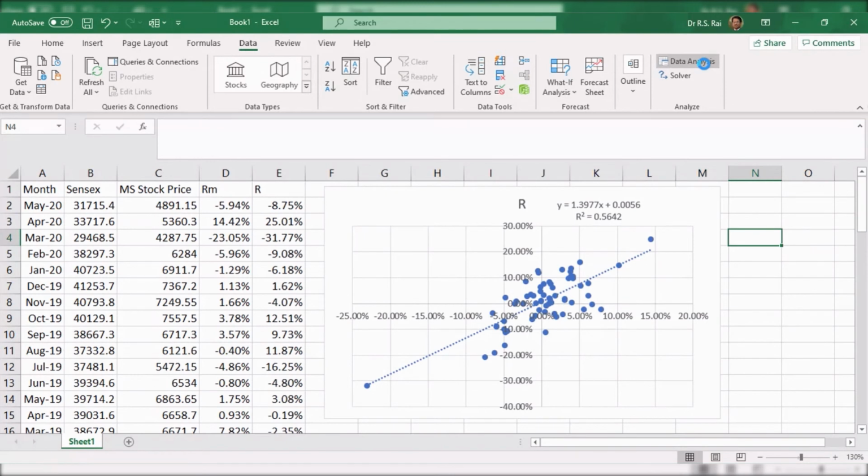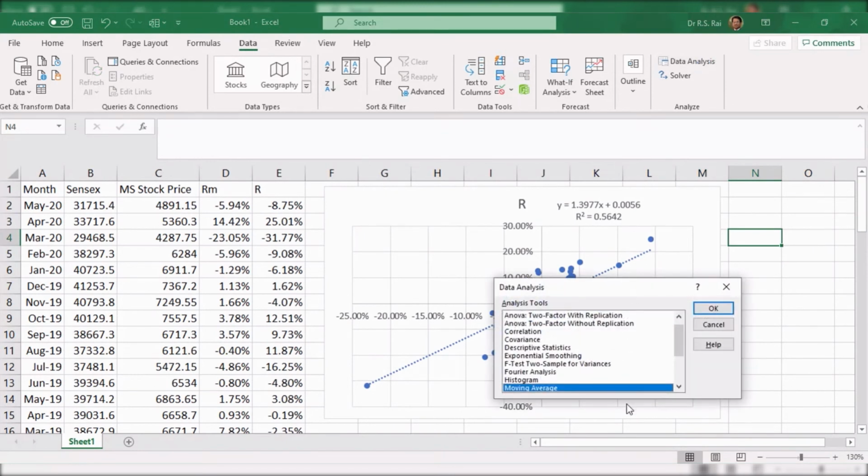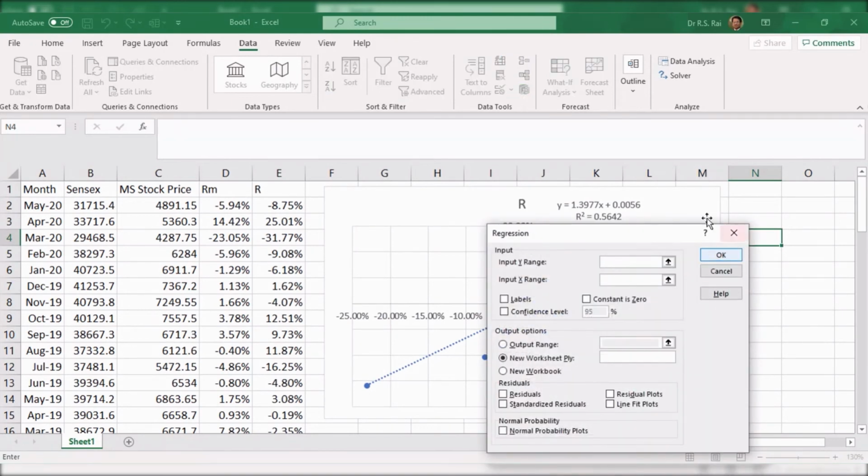The third method is we go to data analysis, and from here we will select regression. We press OK. You have to input the Y range here and the X range here. Y range is the dependent variable, that is the return from stock prices, and X range is the return from Sensex.